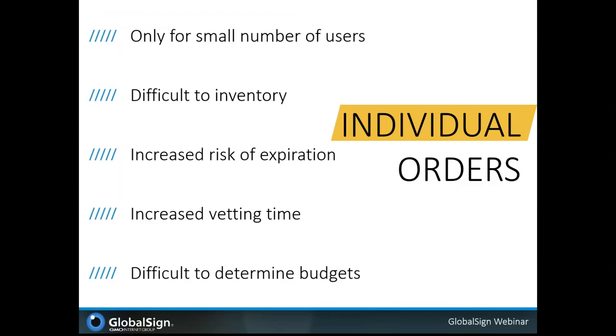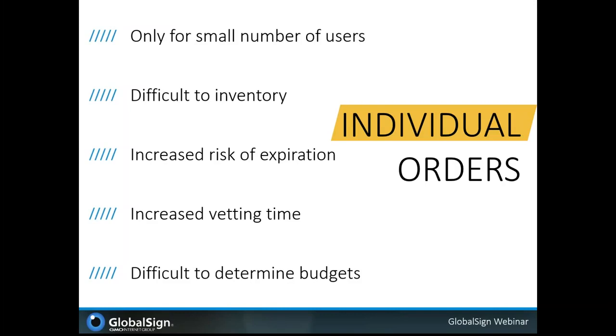You can, of course, purchase certificates individually. This might not be a bad option if you only need a certificate for yourself or one or two other people, but this can lead to difficulty down the road if you are trying to manage multiple certificates. For example, there is limited to no overview available to detail the number and type of certificates used by an organization. If you order the certificates at different times, they will expire at different times, which could make it difficult to stay on top of renewals.